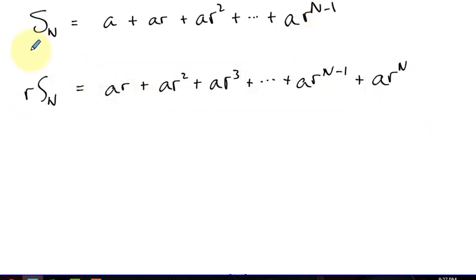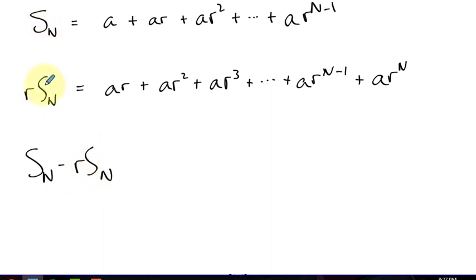And now let's consider what happens if we take the equation on the top and subtract this equation on the bottom, because these are equal amounts on both sides of this equation. We'll subtract equal amounts from equal amounts. We'll get an equation that represents equal amounts. I mean S sub n minus r S sub n,